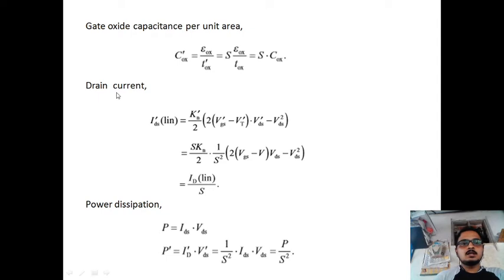Now see the drain current. When the drain current is in the linear region, we will see this formula in previous videos or classes also. Drain current ID equals Kn by 2 into 2 into VGS minus VT into VDS minus VDS whole square. This Kn by 2 is nothing but a beta. K is nothing but width by length, that is W by L. Kn is nothing but W by L.